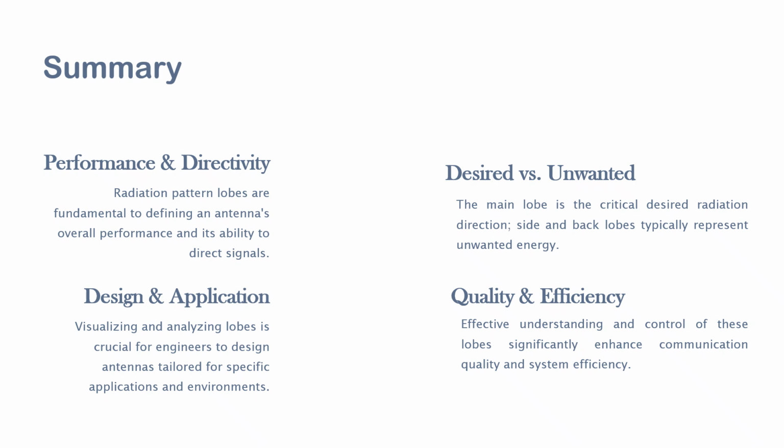As a summary of the presentation, we focused on the performance and directivity of the radiation pattern of an antenna, which basically defines the performance of an antenna: the desired direction, strength, and the undesirable quality of the side lobes present in the radiation pattern. For visualizing and analyzing the lobes, engineers or whoever designs the antenna can go for a simulation in the initial stage, to find out the exact length of an antenna which can radiate the signal maximally in the desired direction and suppress